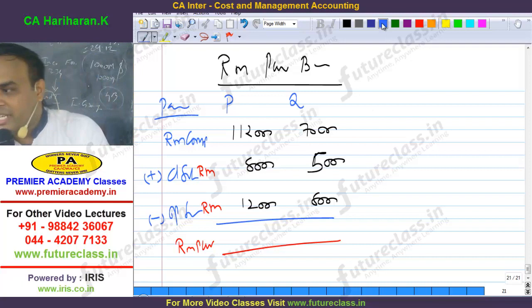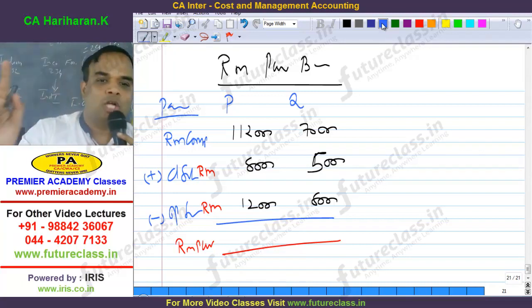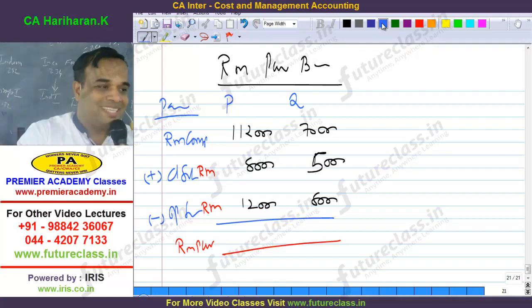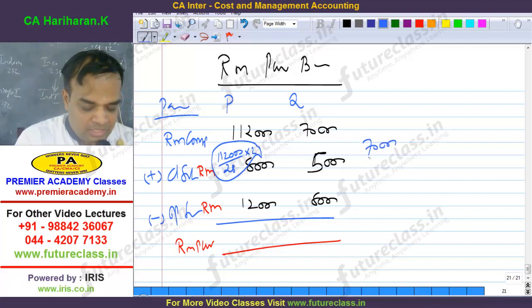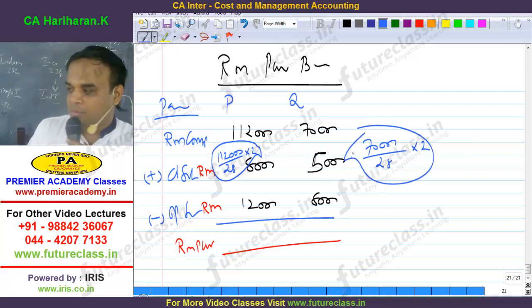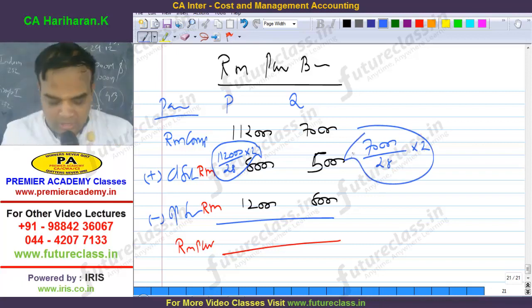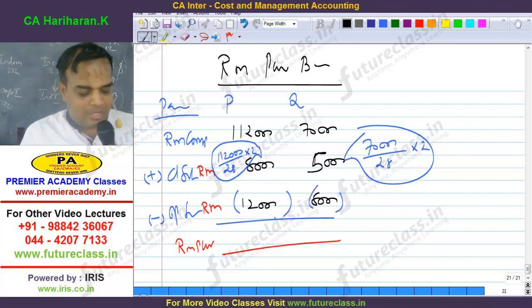JIT system. What is JIT? Just in time. For that purpose, how many days of consumption do they want to maintain as closing stock? 2 days consumption as closing stock. 1,12,000 is for 28 days consumption. The 2 days consumption closing stock comes to how much? Similarly, 80,000 is the total consumption for 28 days, but they want to maintain closing stock as 2 days consumption. Comes to how much? Understood or not? Therefore, raw material purchase comes to or not?